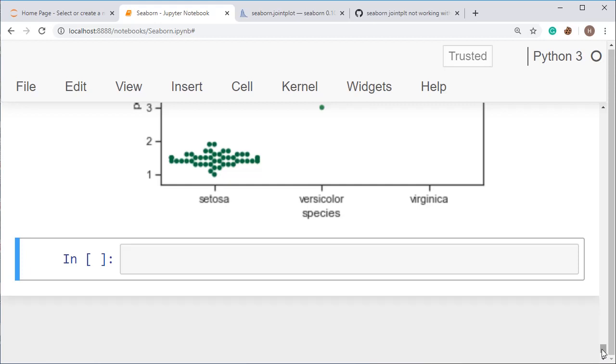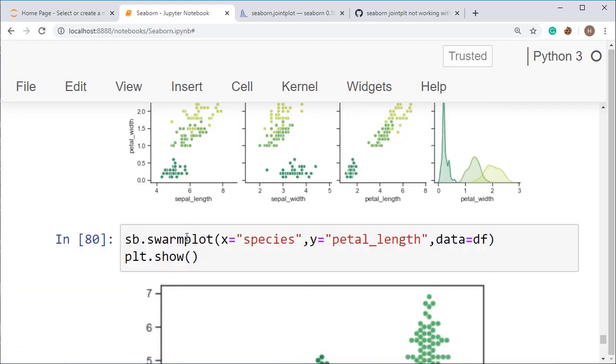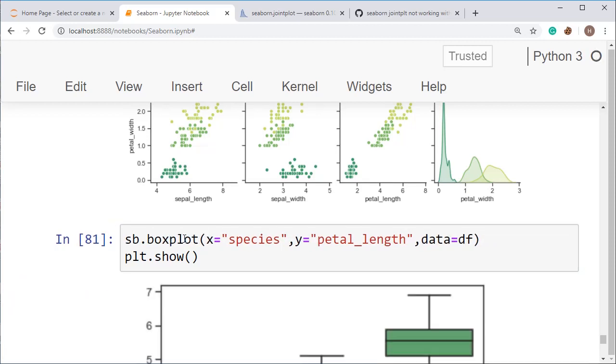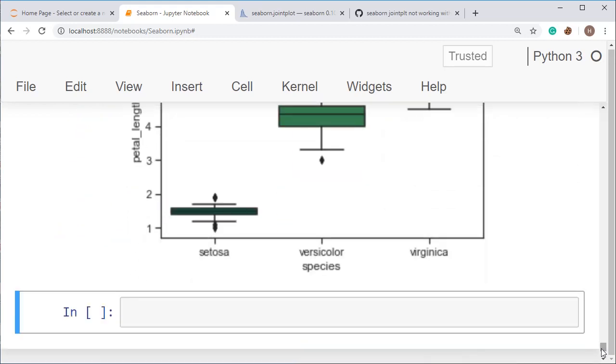This will give you an idea about how the data is spread in a particular box, like in percentages. So for that we use the box plot. If you use box plot, then see what the output will be. This one is our box plot of the same data.